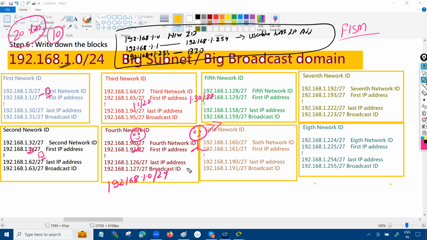192.168.1.0/24, right? The subnet mask was 255.255.255.0. Now, after the subnetting, what happened? After the subnetting, it's 192.168.1.0/27, which has the subnet mask 255.255.255.224. Same case in your example, the 10.1.1.0, which has a subnet mask of